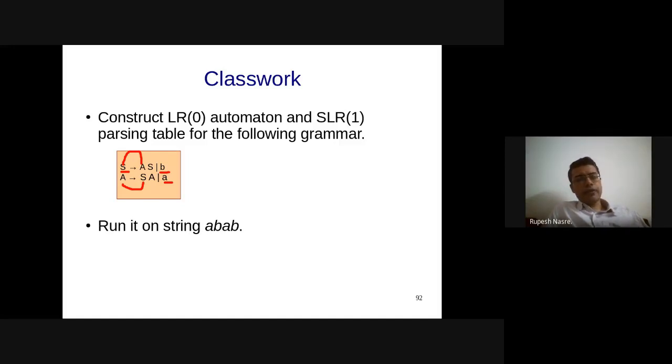We are going to have that I0 state, and accordingly we'll have other states coming in. I request that you try this out as a homework exercise. And then try running it, and after filling it, creating the finite automaton. Also, we'll have to build the parsing table. For that, we'll require the follow set. And please let me know if you face any trouble in constructing the parsing table.